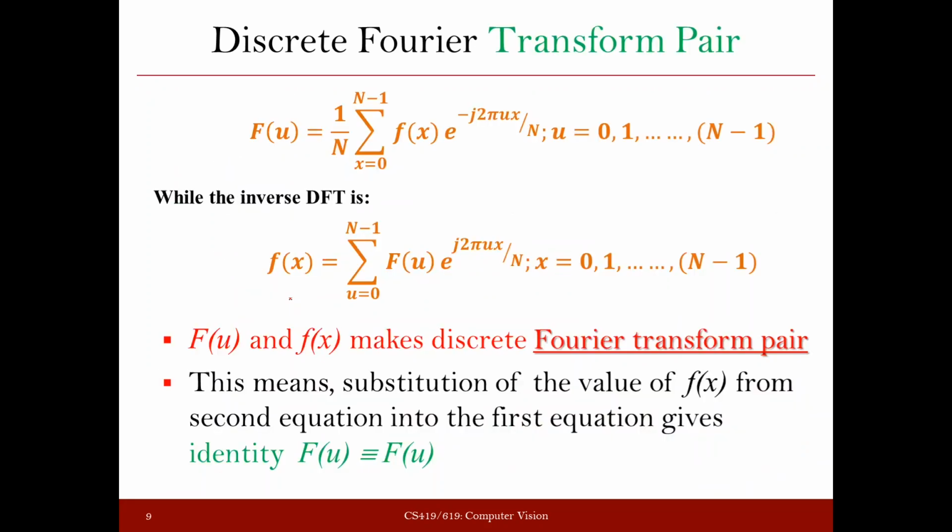Okay, fine. Now for every discrete Fourier transform, we get an inverse transform. So if we put these two things together, that means F(u) and f(x) together, this is called a Fourier transform pair. We basically mean that F(u) is the Fourier transform of f(x), and f(x) is the inverse Fourier transform of F(u). Okay, so we have the formula of F(u) like this here, and we have the formula of f(x) like this here. Since in this F(u) you are using f(x), this f(x), F(u) pair makes a discrete Fourier transform pair, right?